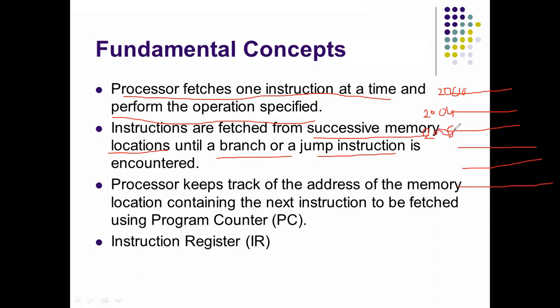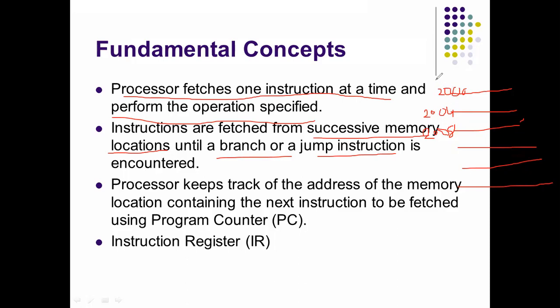2008 memory location. Why are we taking a four memory location gap between these two instructions? These are two successive instructions, isn't it? But here we are taking the address locations 2000, 2004. Why are we taking a difference of four here?